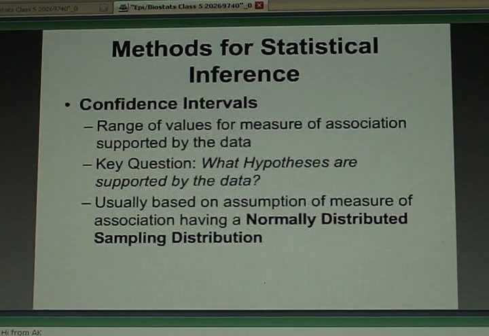But there's another way to make statements about statistical inference besides doing tests of significance. It's by constructing confidence intervals. Confidence intervals give you a range of values which are supported by your data. Not only do you give the reader one odds ratio, for one risk